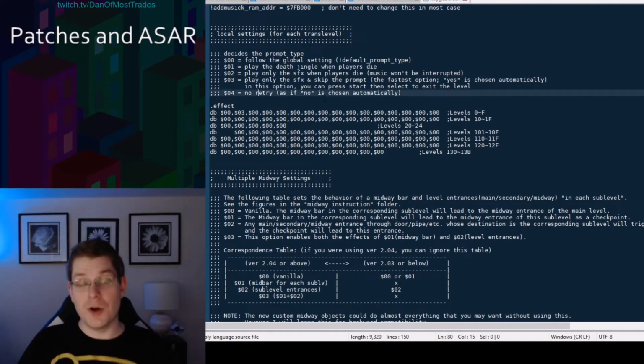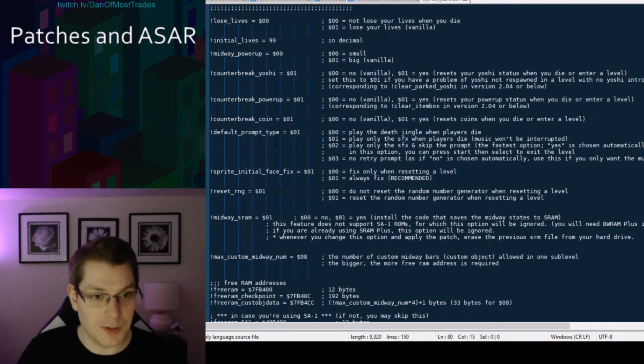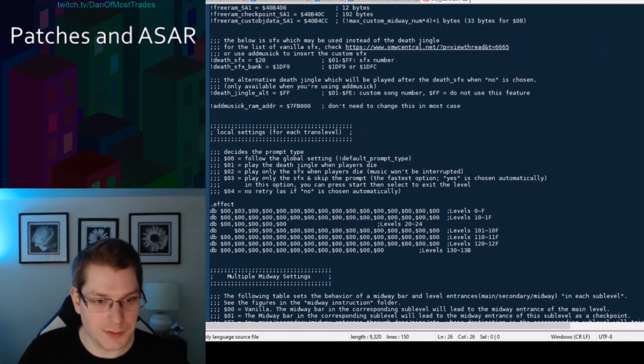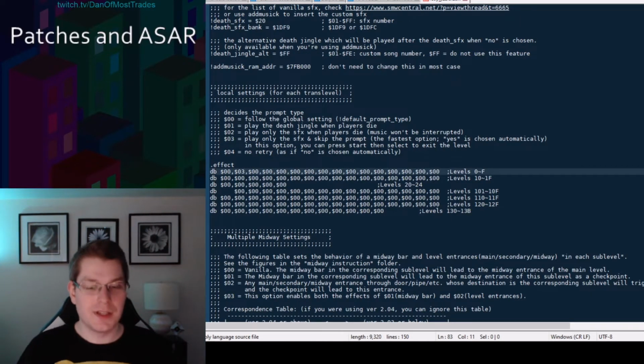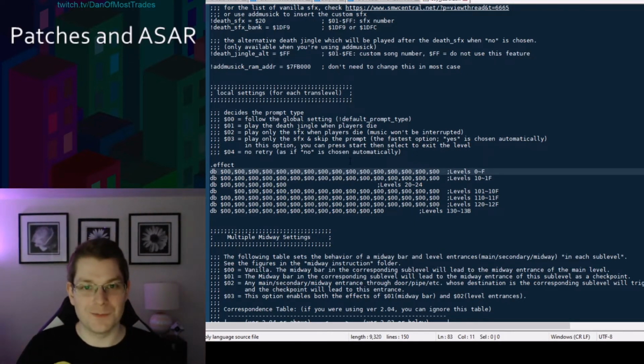So if you know that you want the same type of retry system for the entire game, then all you want to do, default prompt type, change this number right here, and we're going to use, yeah, it's 2. Great, we're going to use 2. Now the thing is, actually this is hilarious. I didn't know about that default prompt type. So in my hacks, what I would do is I would go through individually each level, and I would change it to 3, and I'll change it to 3, and it was very, very annoying. So let's go ahead and change all these to 0, save ourselves a whole lot of time,